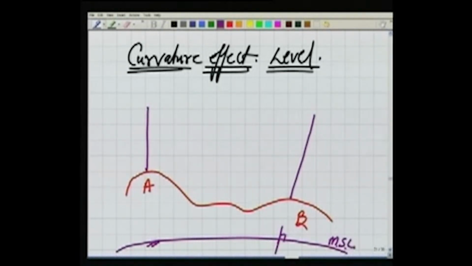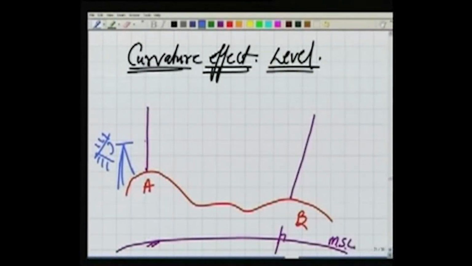Okay. Now, I keep my level somewhere here, and that is the eye. From here I am looking. Now, the level we know it makes a horizontal line of sight. So, what this level will do? It will make a horizontal line of sight. So, I am looking along this side, the horizontal line of sight, while at this point,